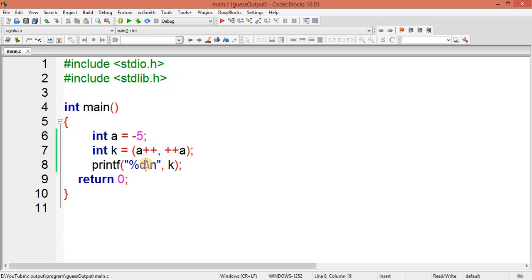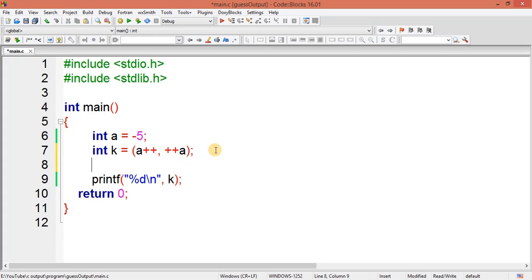So how are these things happening here? For the first time, the value of a is -5, so it will do a post increment. So here it's going to be -5, and because it's a post increment, the value of a now becomes -4, right? And once again after this,